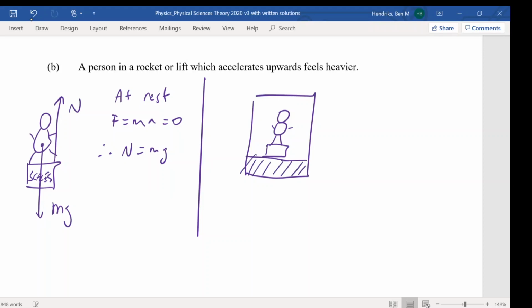Okay. So we have still our force due to gravity, and we still have our normal force. But this time we also have an acceleration, a, going upwards as well. So acceleration is going upwards. So if we think about our forces,